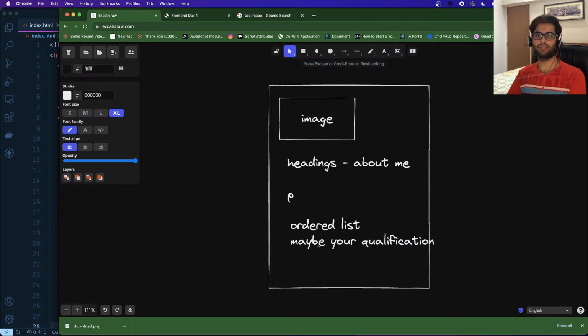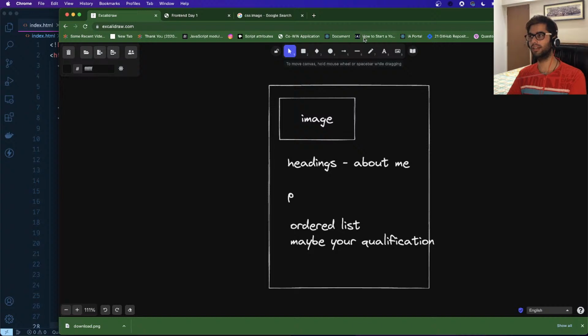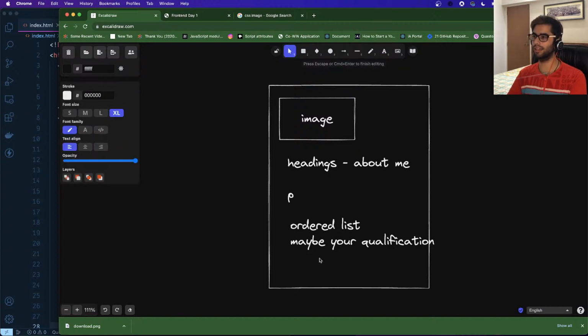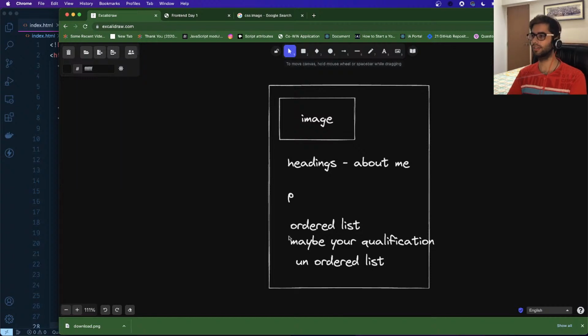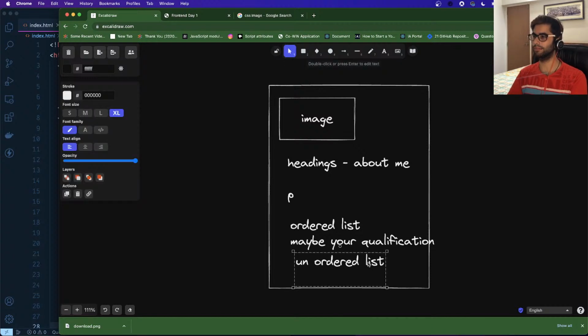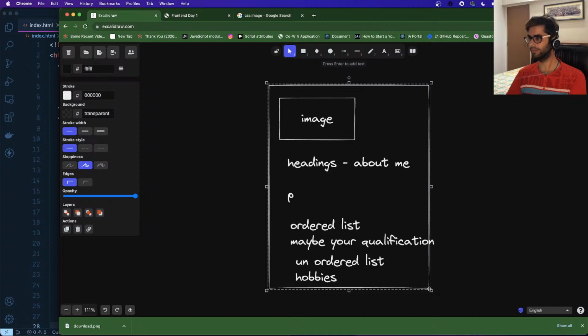You can add a list of your qualifications, and similarly you can add an unordered list, and you can display your hobbies here. All right,